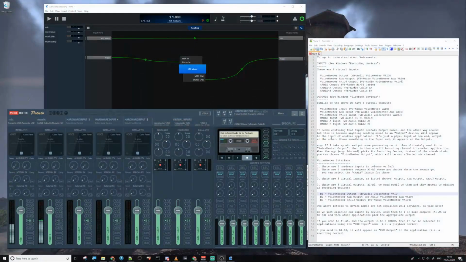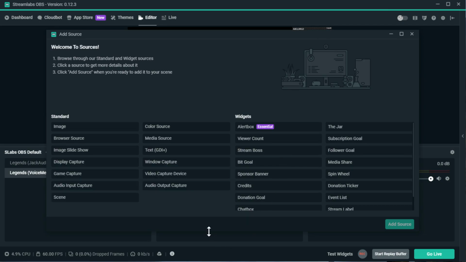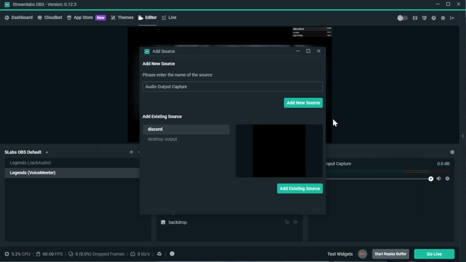even though there is music still being played through the channel. But if I send it to A5, we can see that A5 has now got the music being sent to it. So if I come across to OBS, I can now add an output device, not an input device, because this is one of the hardware output devices. I can now add an audio output capture, add a source,